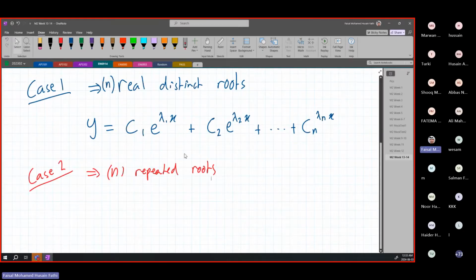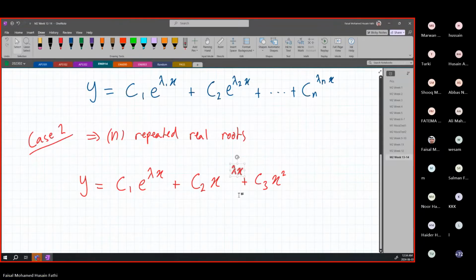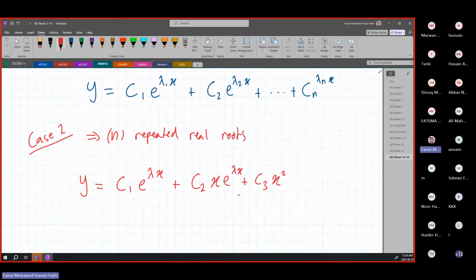Repeated real roots, I should say, right? So n repeated real roots means your solution is going to be similar to last time. It was c1 e to the power of lambda x. Remember, lambda is the same for all of them, plus c2 x e to the power of lambda x, plus c3 x squared e to the power of lambda x, plus c4